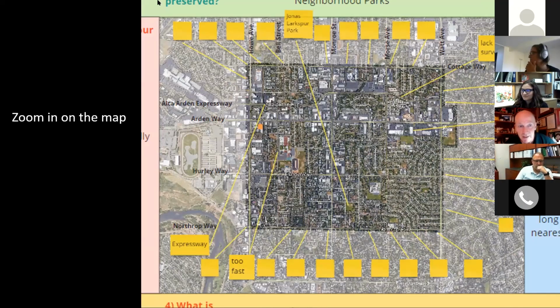And then when you zoom in, I just zoomed in on the map and on the Post-it notes, we can mark geographically that, for example, Bell Street is too fast in front of the schools. The expressway is out of scale, that comes from the west. People like a particular park and they like to preserve it. On Arden Way Expressway, there's no natural surveillance, so there are issues on the sides. There's a property on the right-hand side of the study area which has a wall between, which denies cross access. So these are things that theoretically people pointed out, and that's what we'll do in our group meeting. So that's what you'll see in a few moments when we get into our group chats.